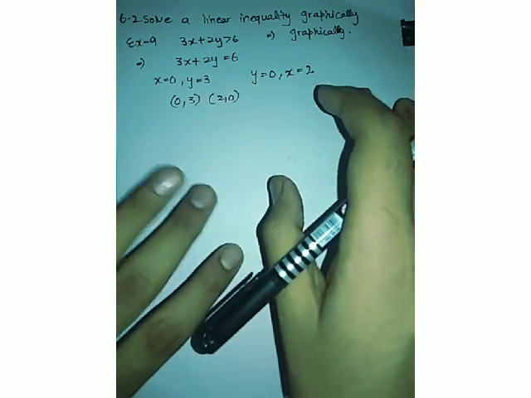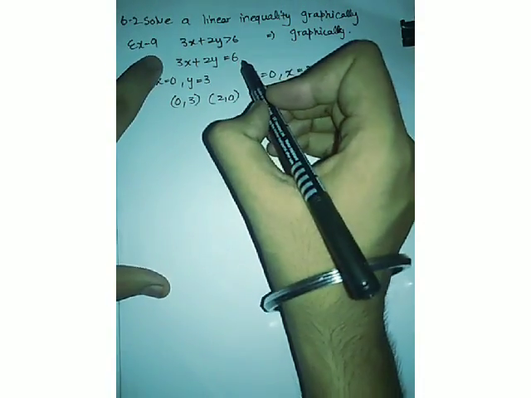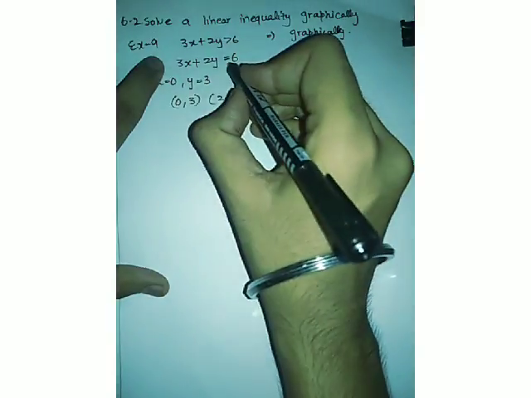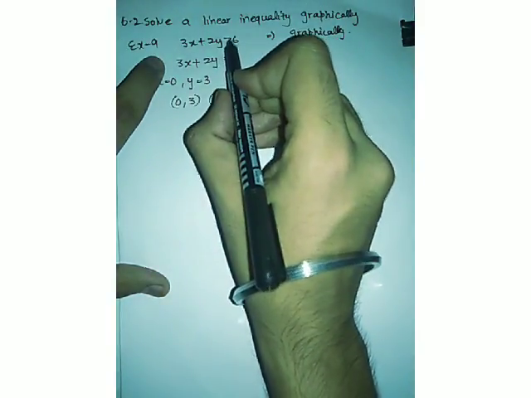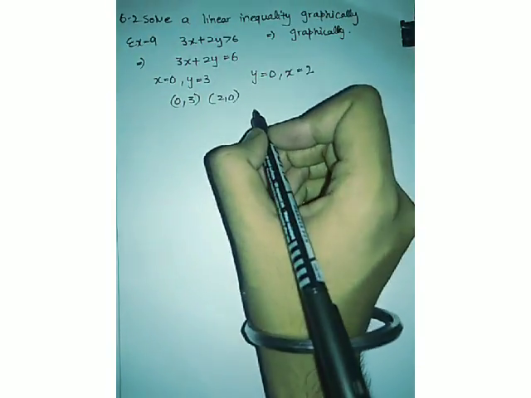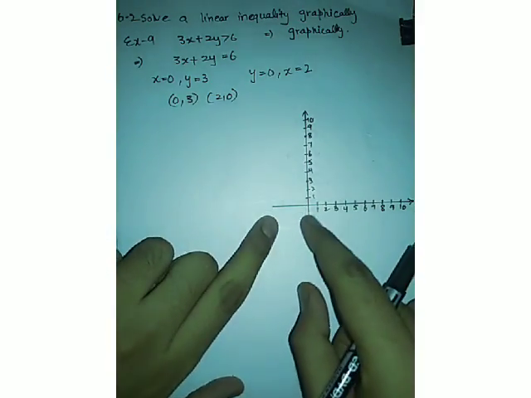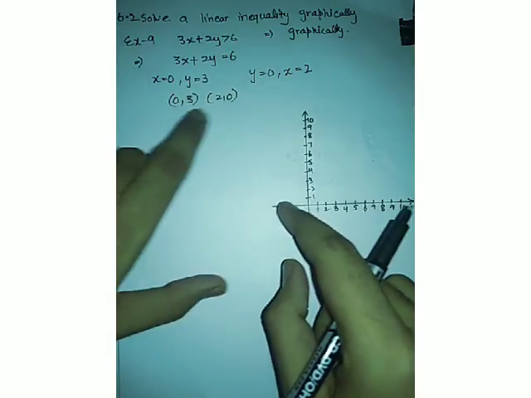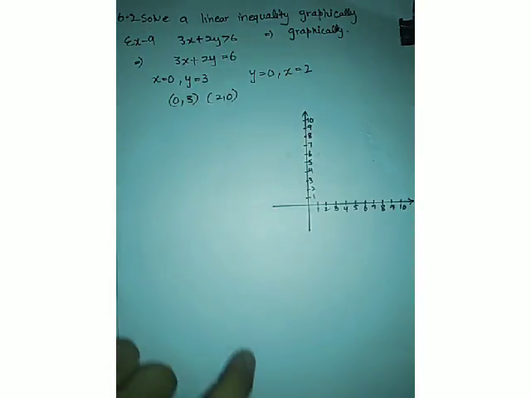So what we have done so far, we will be plotting the graph of equality. We are not considering the inequality yet. We will consider it, but you will see how. So we have to plot these 2 points on the graph. So let's do that. In this graph, I have not plotted the negative axis because there is no negative point. So you will understand it in a better way.